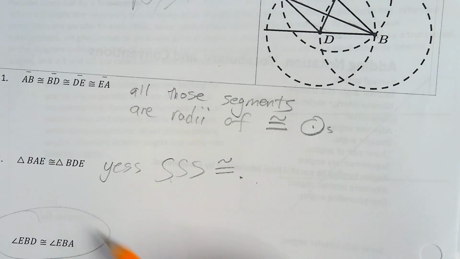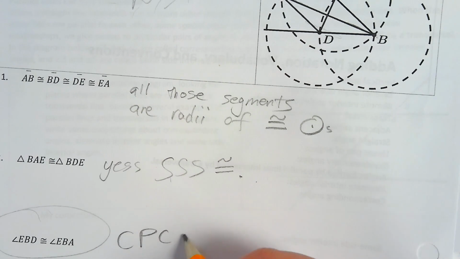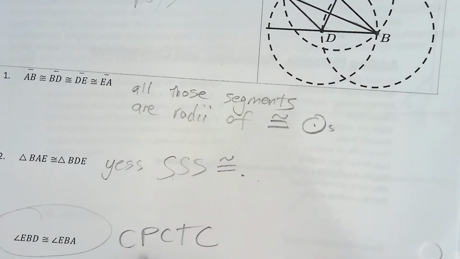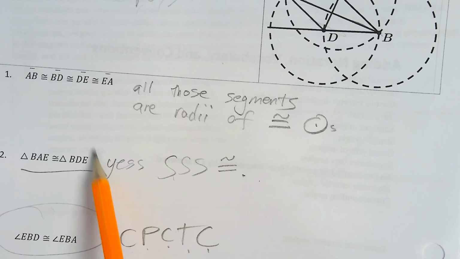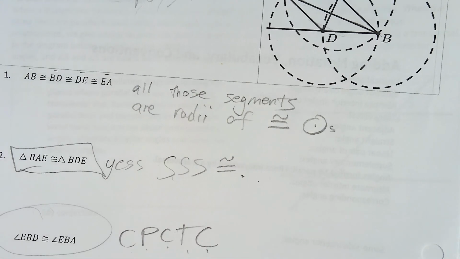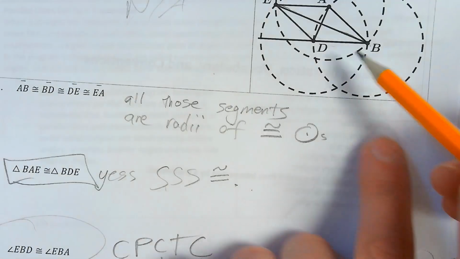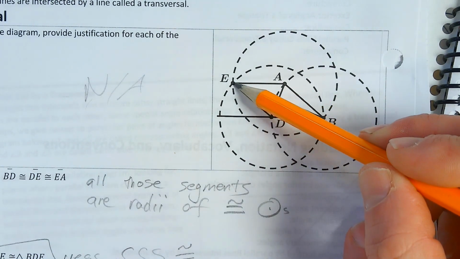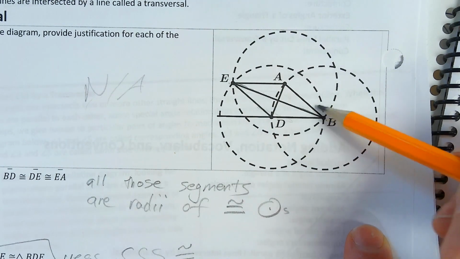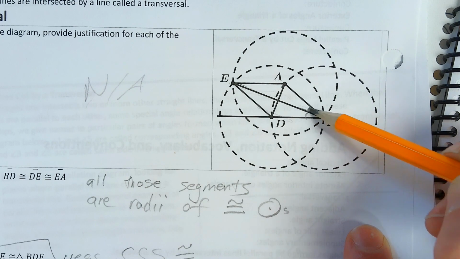Ooh, yep. CPCTC. Who remembers what that means? Corresponding parts of congruent triangles are congruent. We just proved that the triangles are congruent. Are those corresponding parts? EBD, EBA? EBD, EBA. Yeah, since the two triangles are,